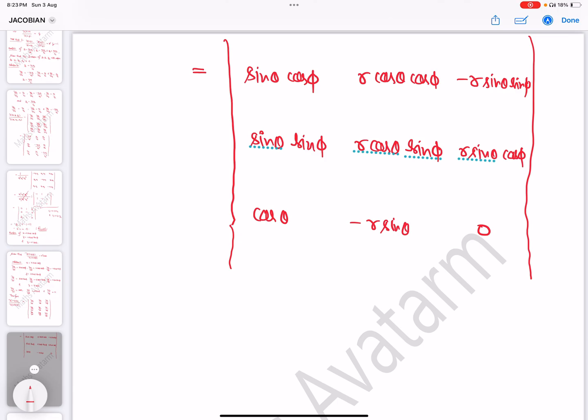From the third column, we will take sine theta common, and from the third column we will take r sine theta common, and from the second column we will take r common. Okay, so we have